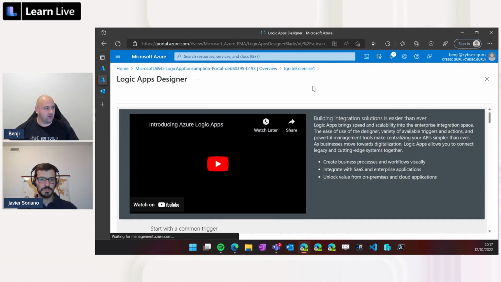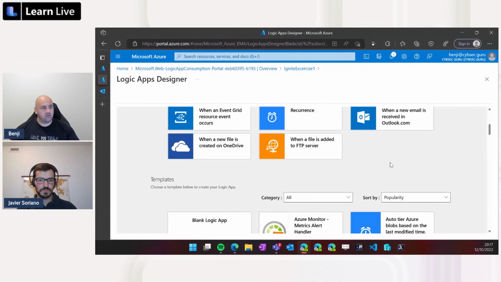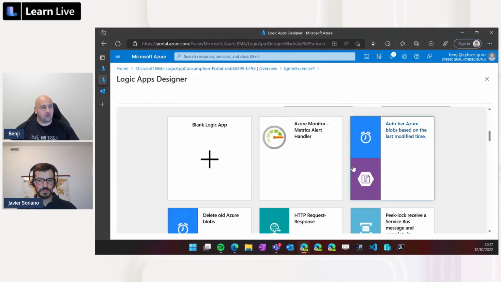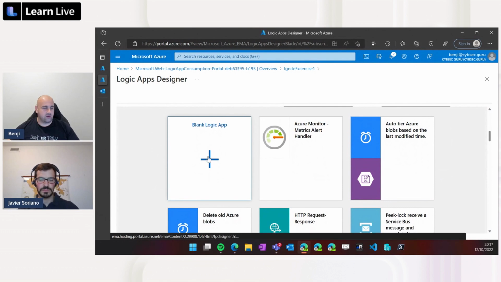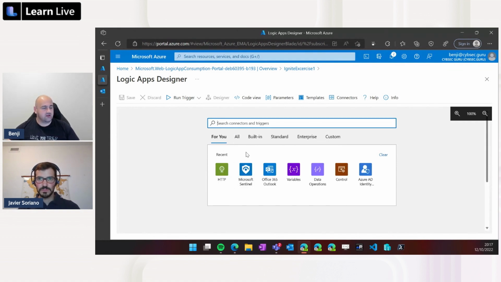Since this is our blank playbook, we can choose from multiple templates that are available inside of the Azure Logic App so that we can create the playbook, or we can start by creating the blank Logic App, which is our idea to start. So when we start actually with this, we will need to choose the trigger. So when this playbook will trigger, we need to search for Microsoft Sentinel.